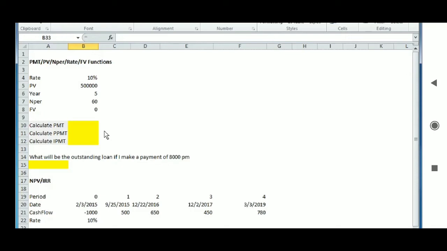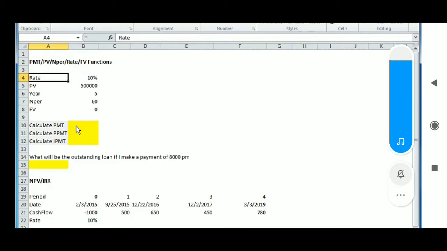Welcome back. So in today's class, we will understand some of the finance functions which are inbuilt in Excel. These are simple functions, not so complicated, but knowing that these functions exist in Excel is good. Okay, so let's start with a few of these functions. We will start with PMT, but we will see that we can use any of these functions instead of PMT